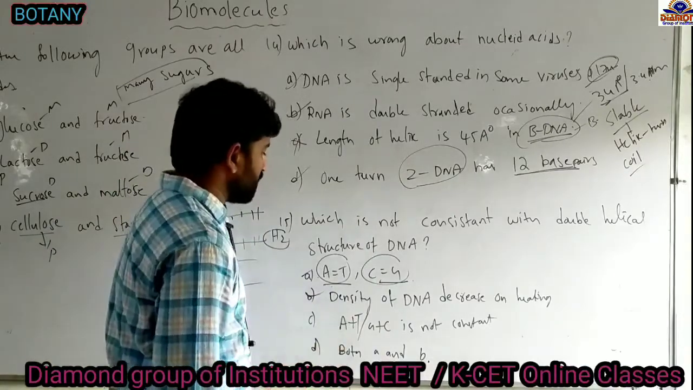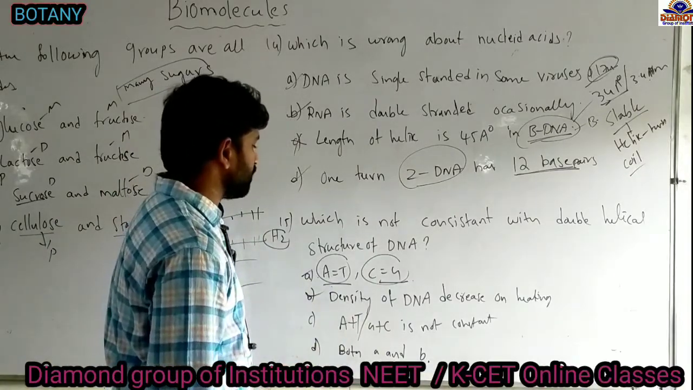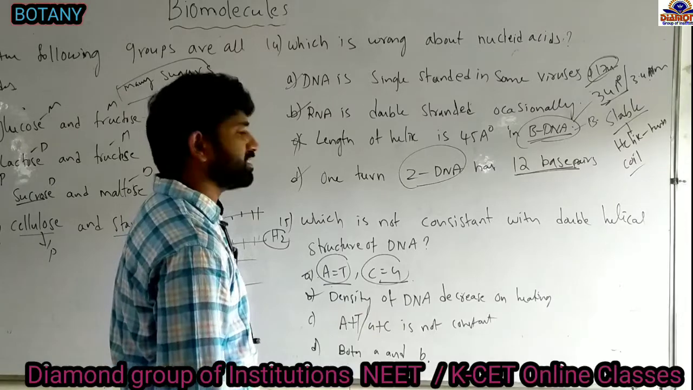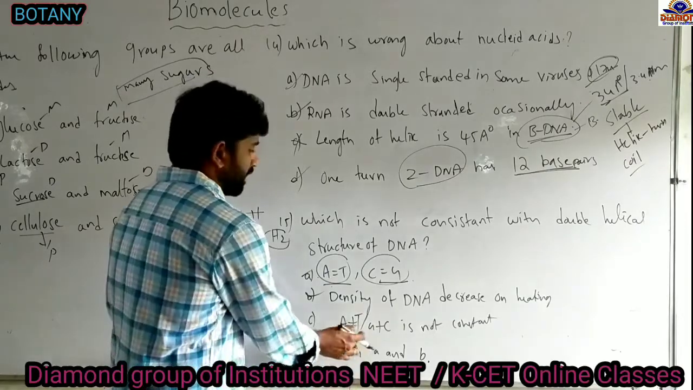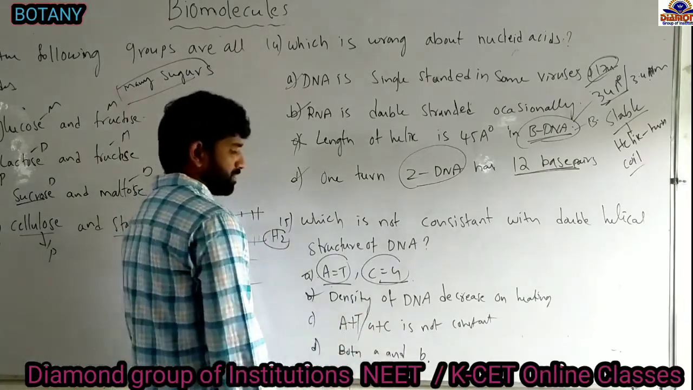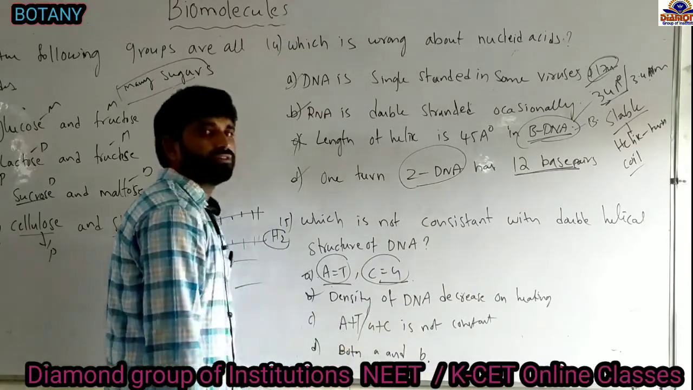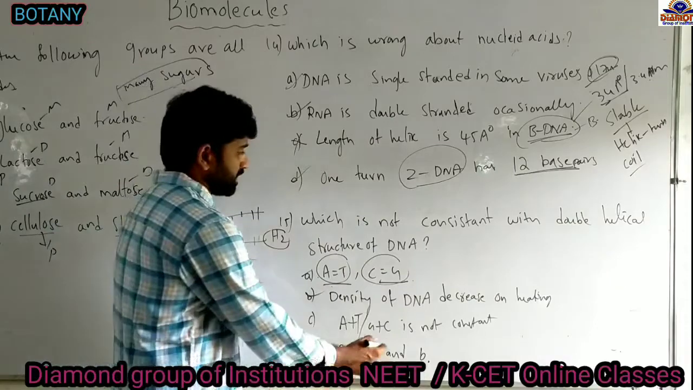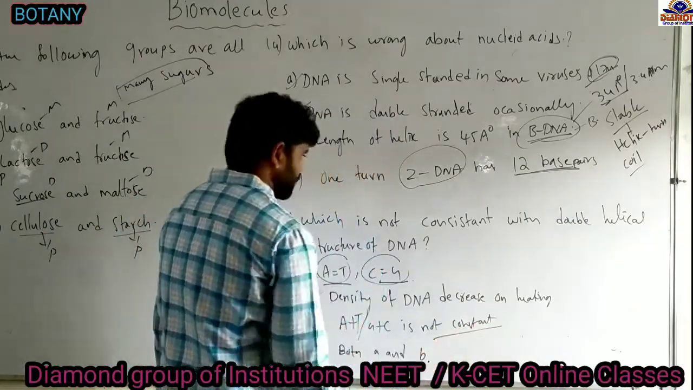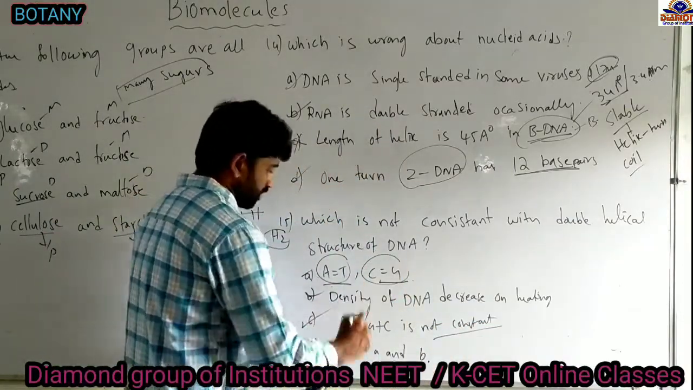And option C, (A+T)/(G+C) is not constant. A by T and G by C, sorry, (A+T)/(G+C) is a constant. So they have given it as not constant. The incorrect statement about this DNA is C only. Answer is